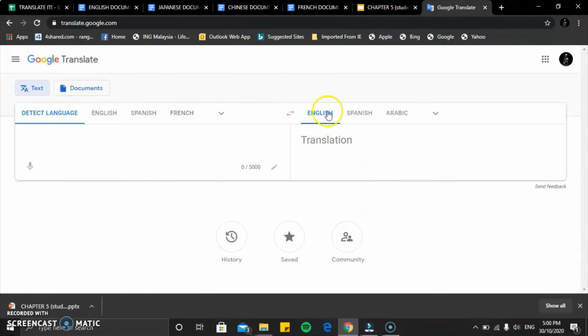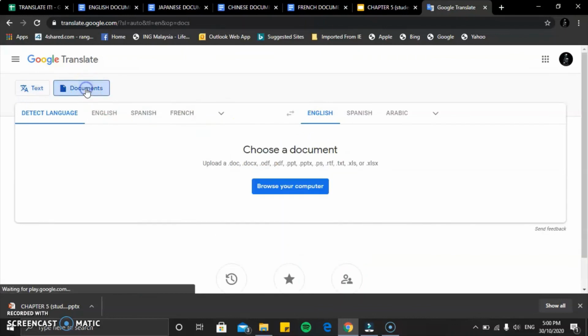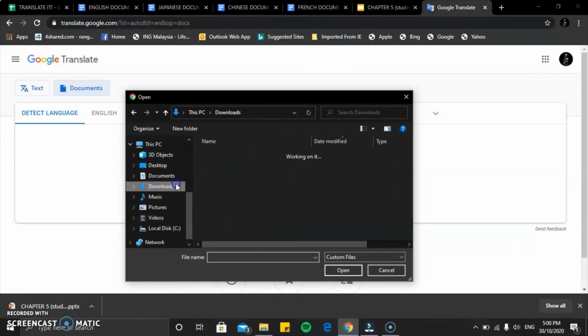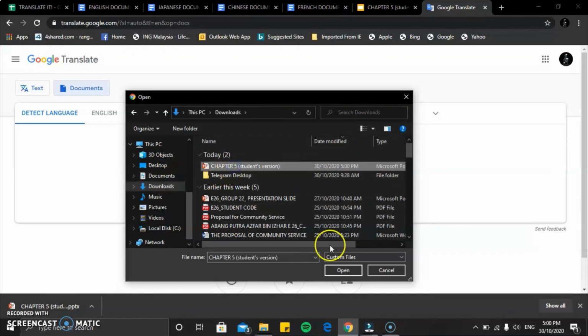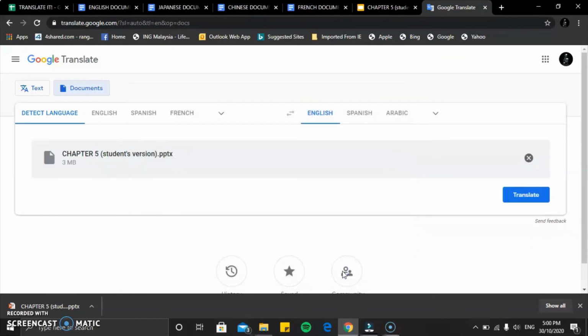As you can see here, there's a button for documents, so we click here, browse computer, then choose the downloaded chapter 5 file, and open. Next, English is the original language. Then for the target language,